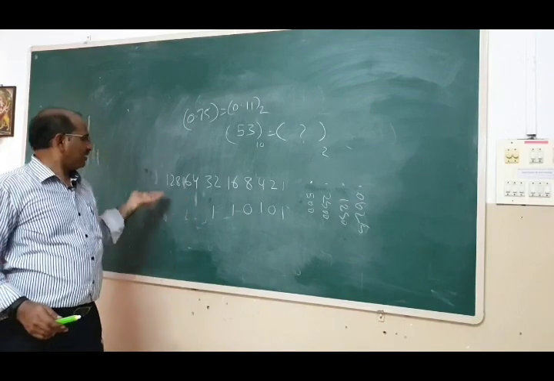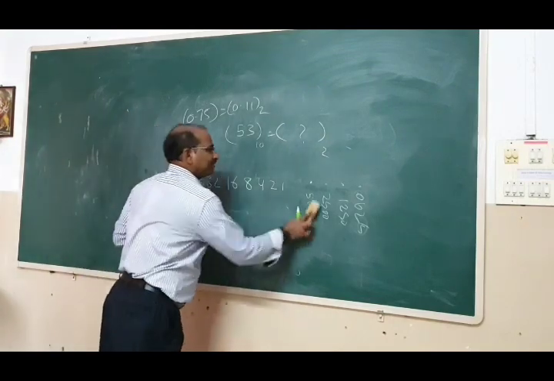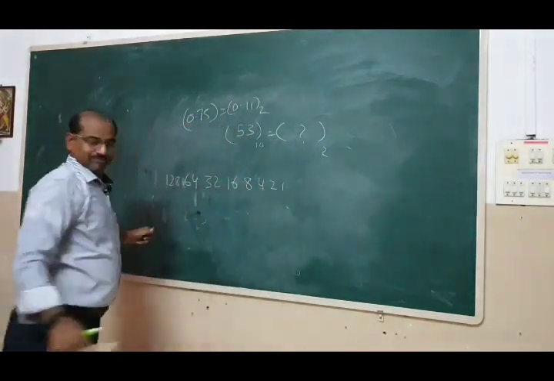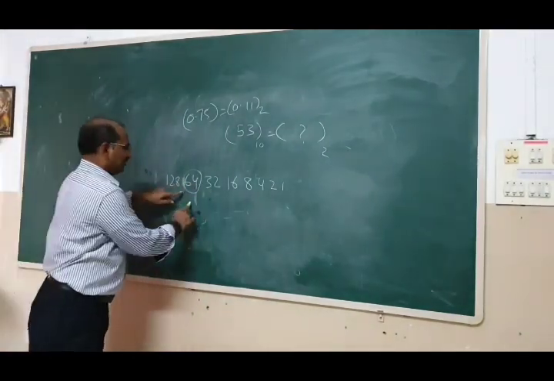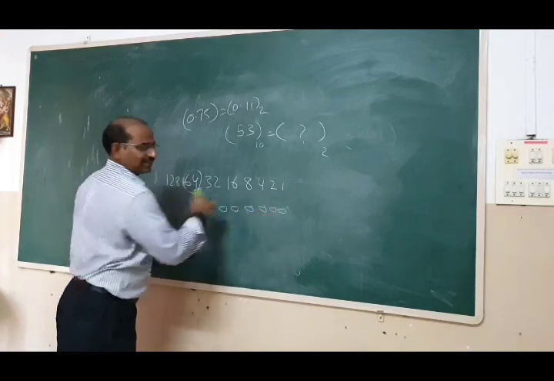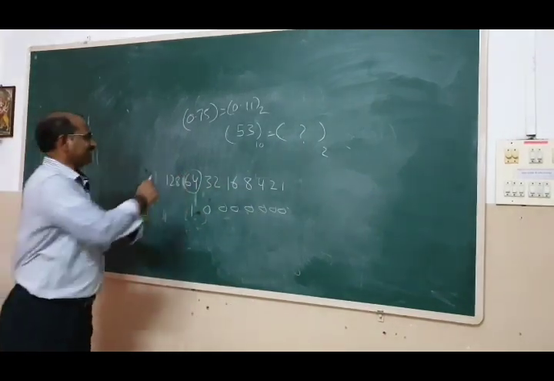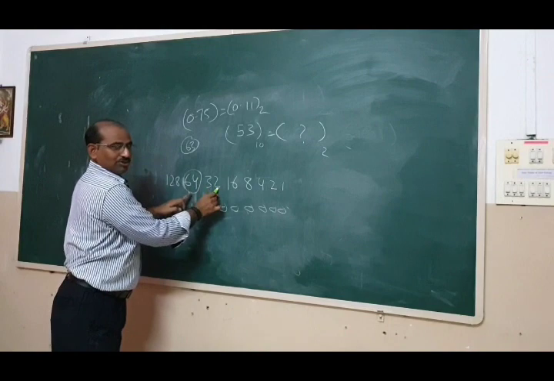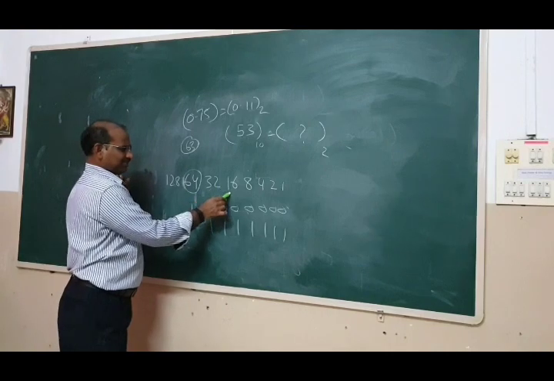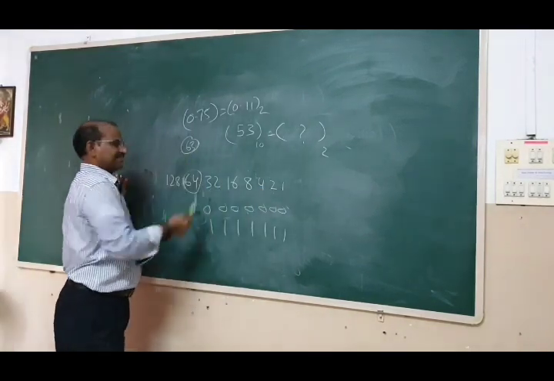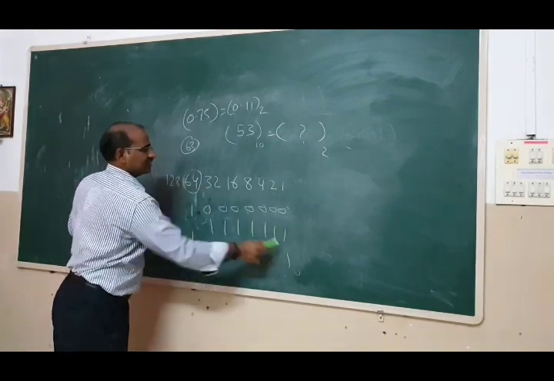This is very easy. And one small tip I will give you, a simple thing. Place values: 64 is simply 1 followed by zeros. Then 64 minus 1, that is 63. 63 is simply one step back, or you do 32 plus 16 plus 8 plus 4 plus 2 plus 1, you will get 63 only. And 65 is one more than 64, simply the first one and the last one.